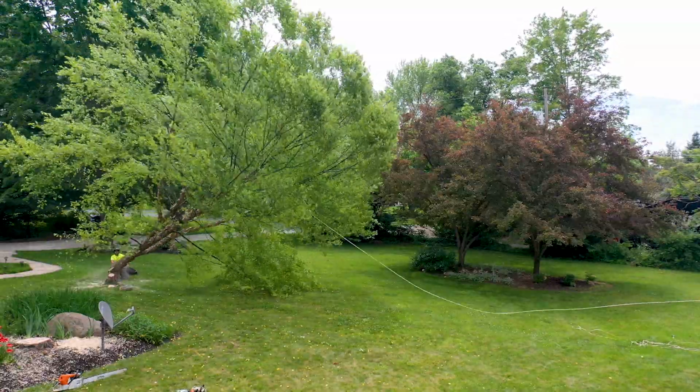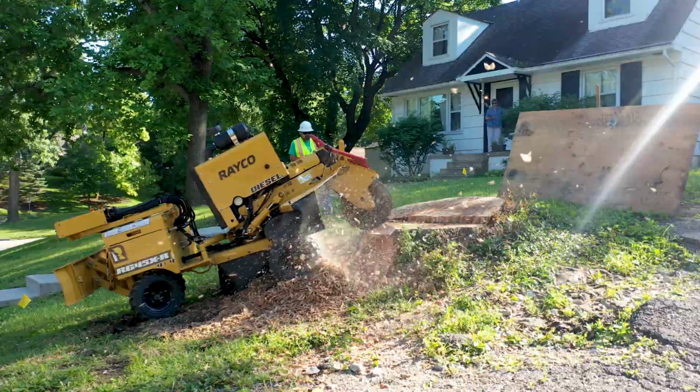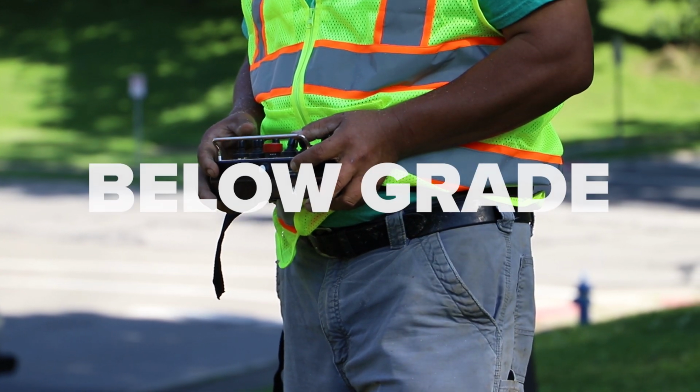If you are having a tree removed, consider adding our stump grinding option, which will remove the stump so your yard is ready for your next project. If you decide to have your stump ground, first you will need to select between our below grade and deep